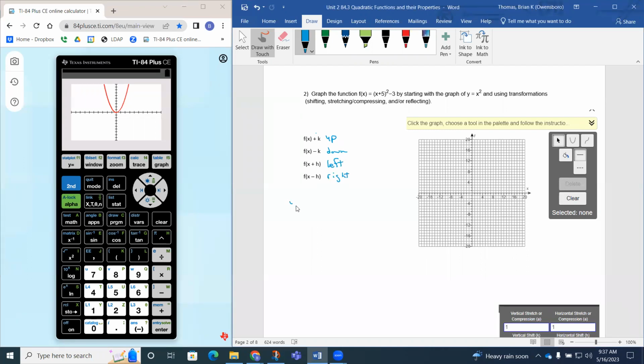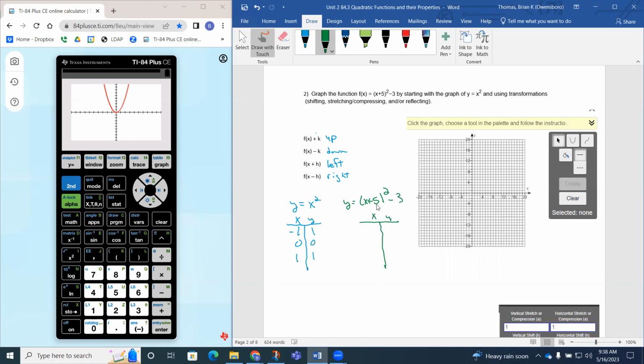So if I look at the parent function, it's going to be y equals x squared. Let me make a little table. Remember, if I already know that this is a parabola shape, then all I really need are 3 critical points. So -1, remember -1 squared was 1, 0 squared was 0, and then 1 squared was 1. So if I want to graph the new function, which is y equals x plus 5 squared minus 3, what we should pick up on is